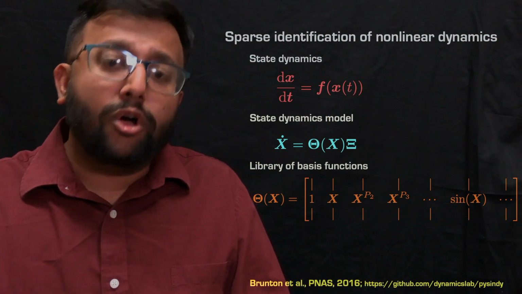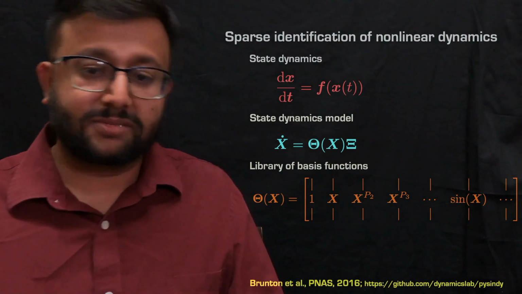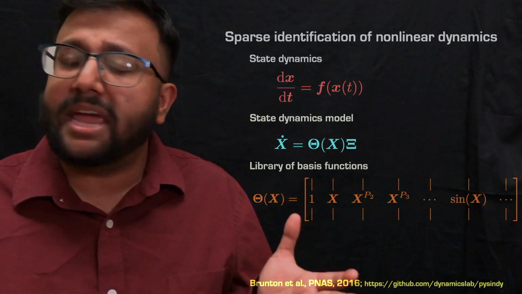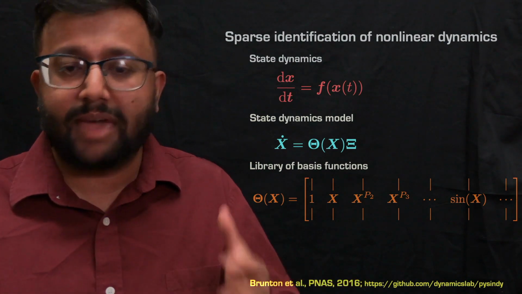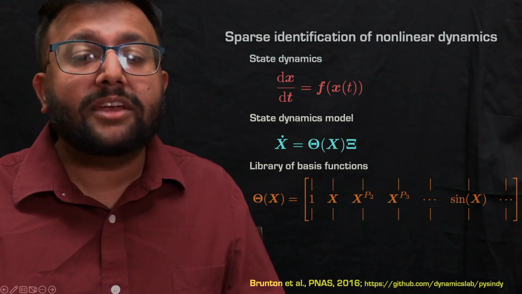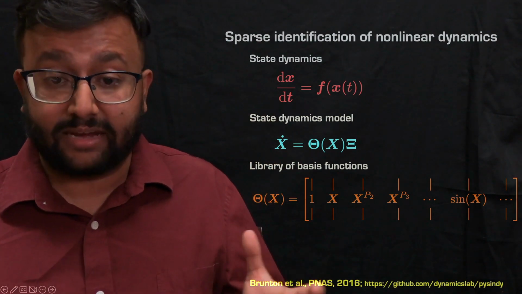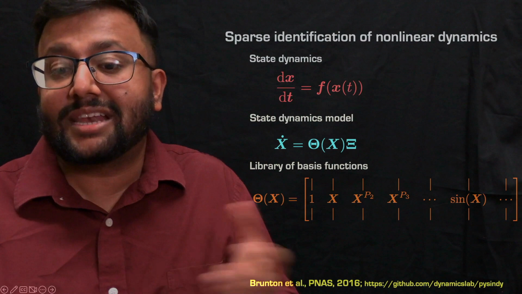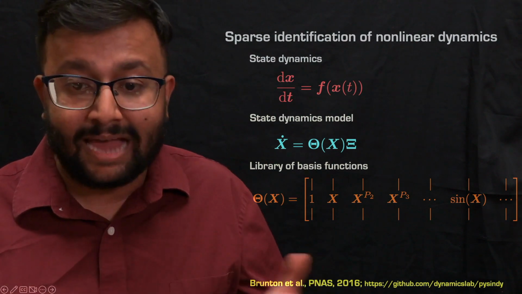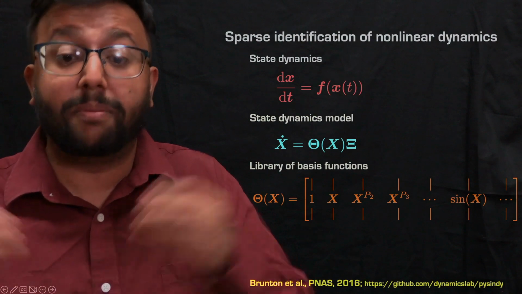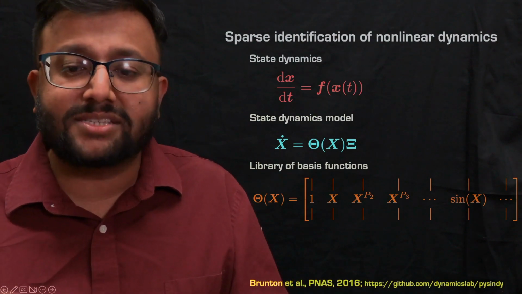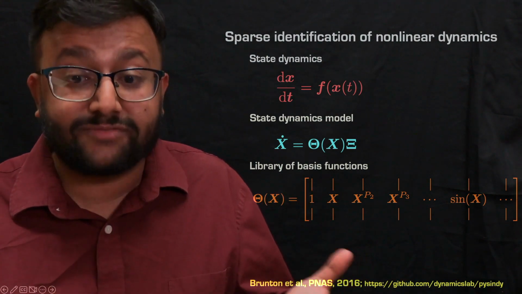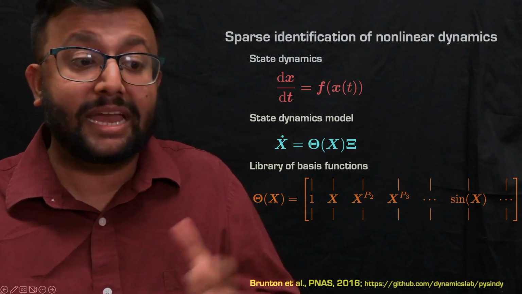So to get the coefficients C, you need two things. You need to compute the time derivative of the states of your data, which sometimes may not be possible if you have noisy experimental measurements. And you also need to construct this library of basis functions. The choice of the library vectors, just like in the case of the Koopman analysis, regulates the accuracy and robustness of the model. So in most cases, polynomial expansions of the data can be used. Even sine or cosine transformations can be used to formulate this library term.